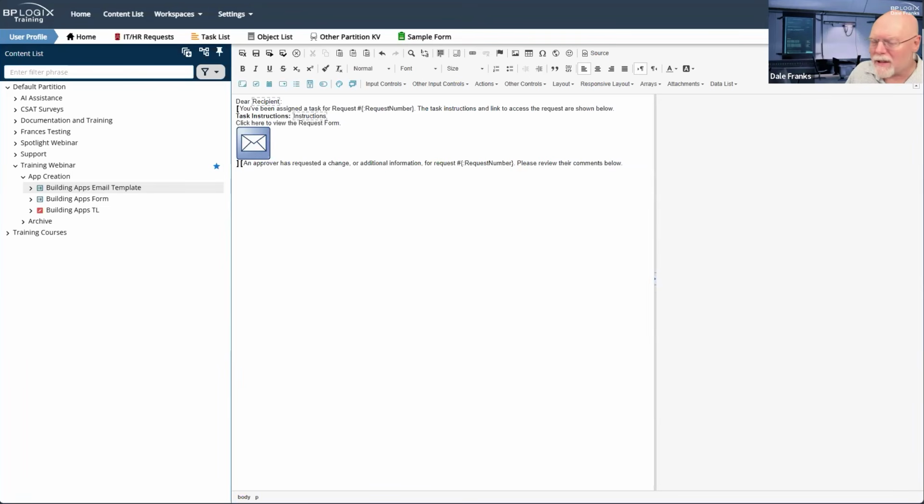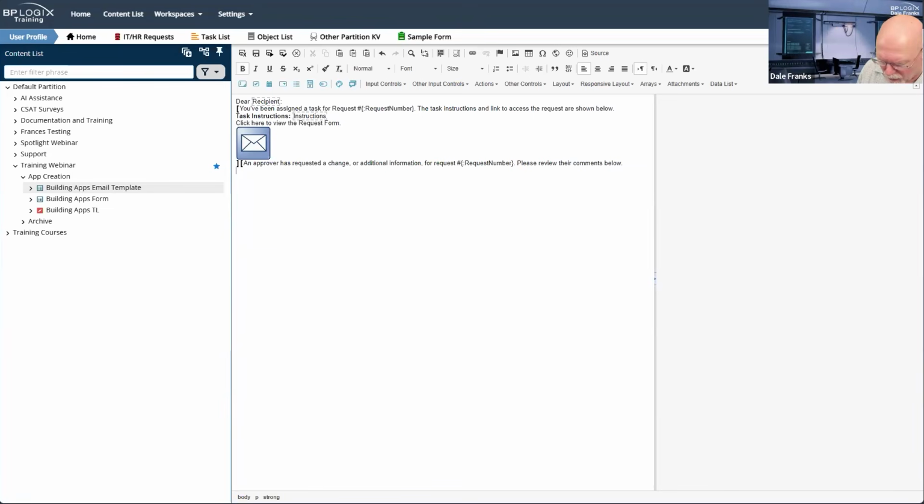Now, this is going to be a little troublesome because I don't know what activity will have occurred prior to the initiator resubmittal. So I don't know if this is going to come back to me from the supervisor or from the manager. So this might be a little more complicated, but let's work this out.